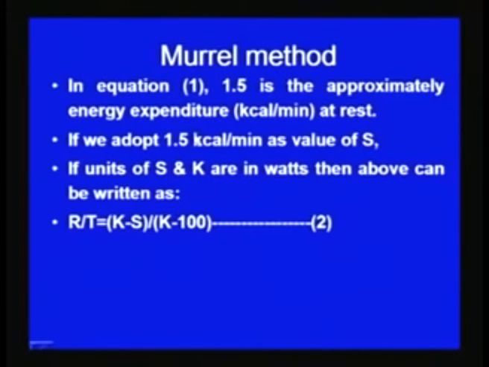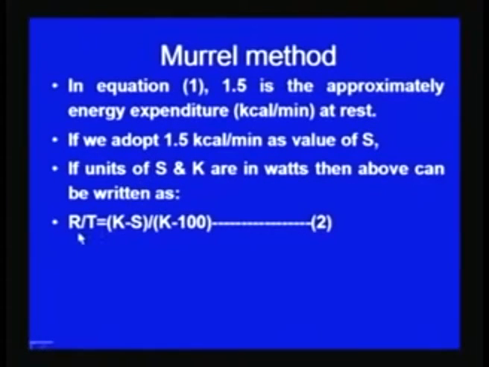Whatever equation we have seen in the previous slide corresponds to the case when the energy cost, and S, that is the upper acceptable energy limit, and the basal metabolism rate are considered in kilocalorie per minute. If the units of S and K, that is the energy consumption while the worker is at rest or while work is being done, and the energy cost of the work are taken in watts, then the above equation